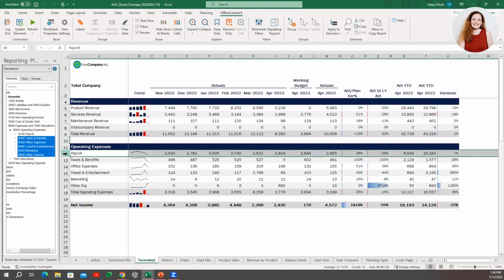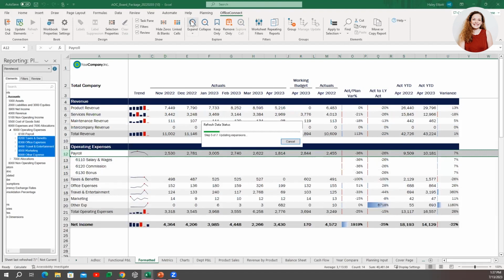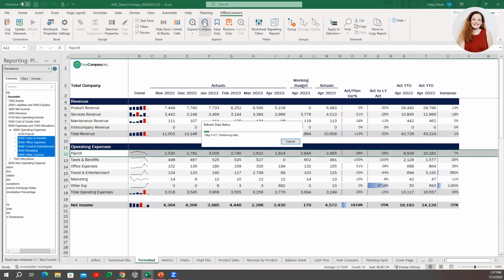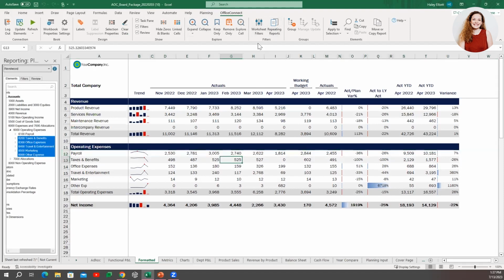This usually gives a lot of relief for finance teams who are spending several hours or days putting together these reports. You can expand for some ad hoc analysis if you'd like to, either by account, by cost center, by a dimension. And if you want to create this type of report for multiple cost centers or locations, you can